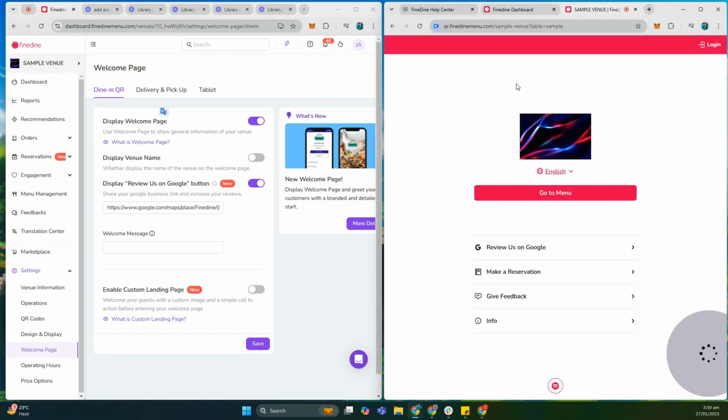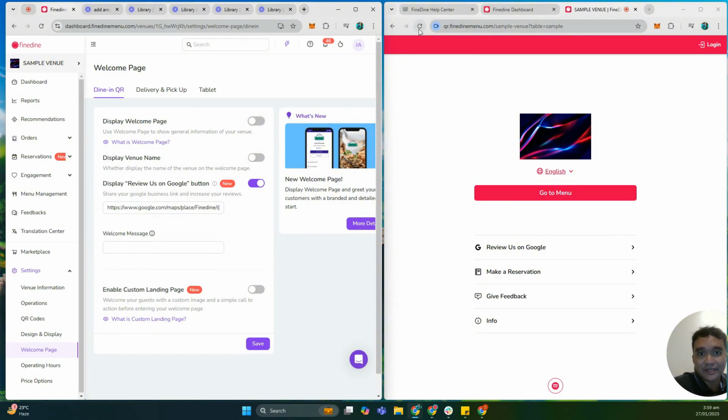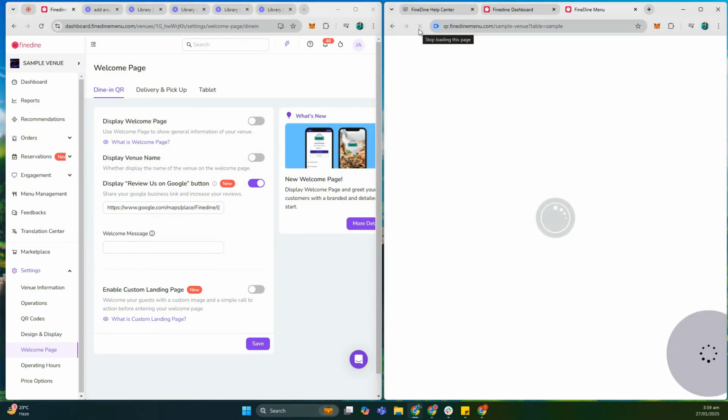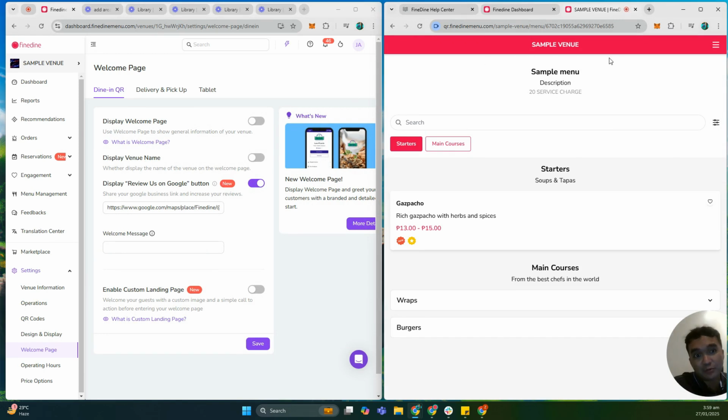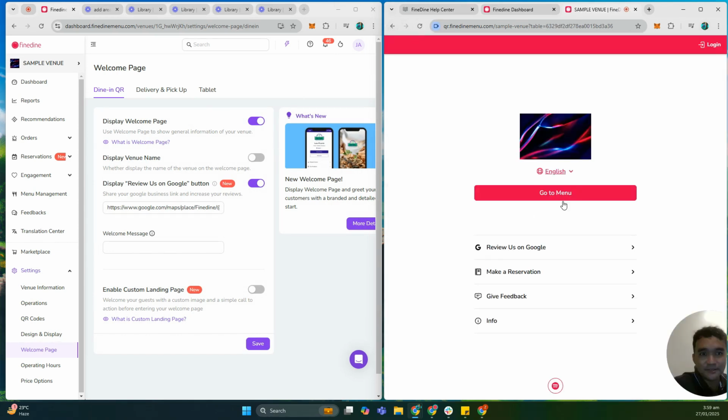And this is how your welcome page is when you decide to display the welcome page. Now, when you deactivate it, let me show you how it looks like. When you deactivate it and we refresh the scan QR, this is how it would look like. It would automatically go inside your menu, as you can see here on the screen. But once you activate it, let's try to refresh again. Alrighty. So this is how it would look like when you scan the QR code with this display